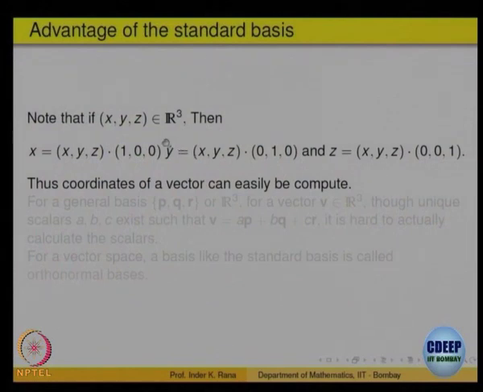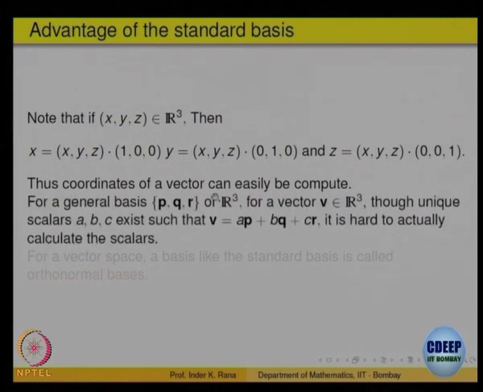If instead of 1 0 0, 0 1 0, I had some other basis, then I had to write x y z equal to alpha times b1 plus beta times b2 plus gamma times b3, and then solve those 3 equations in 3 variables to get alpha, beta and gamma. Those will be the coordinates of that vector with respect to that basis, right. I have to do a lot of work, but here I simply have to take a dot product and I get it very easily. So, these bases in which each element is perpendicular to the other elements have an advantage.